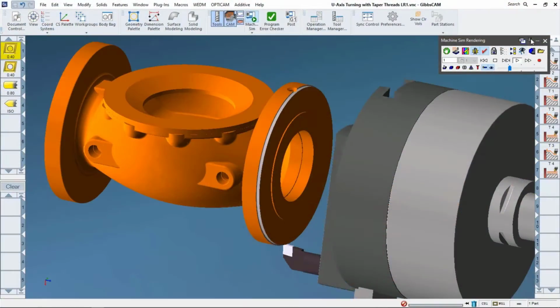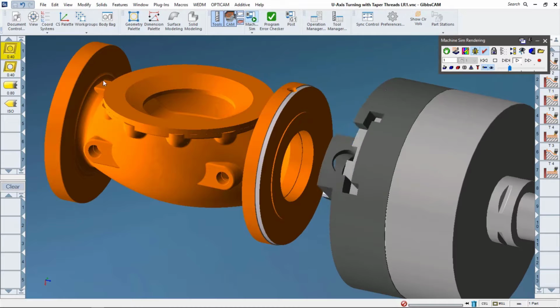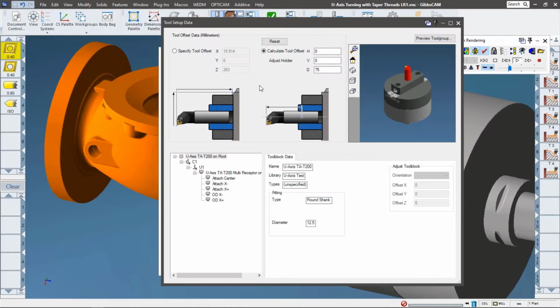So let's get back into GibbsCAM. I wanted to quickly show how easy it is to program this U-axis. If we double click on the tool, we can see setup's really easy. We open up our intermediate tooling page and we can see that here's the tool listed, and we also have